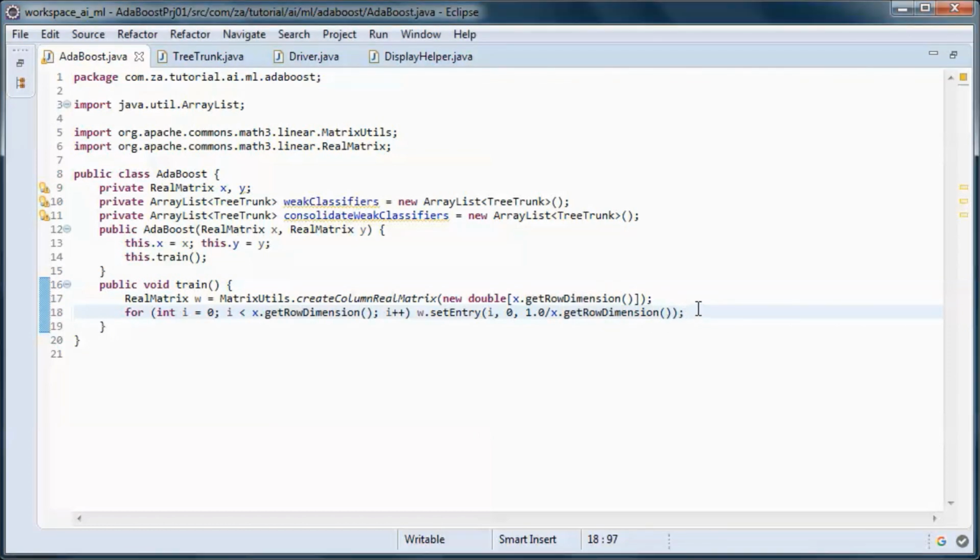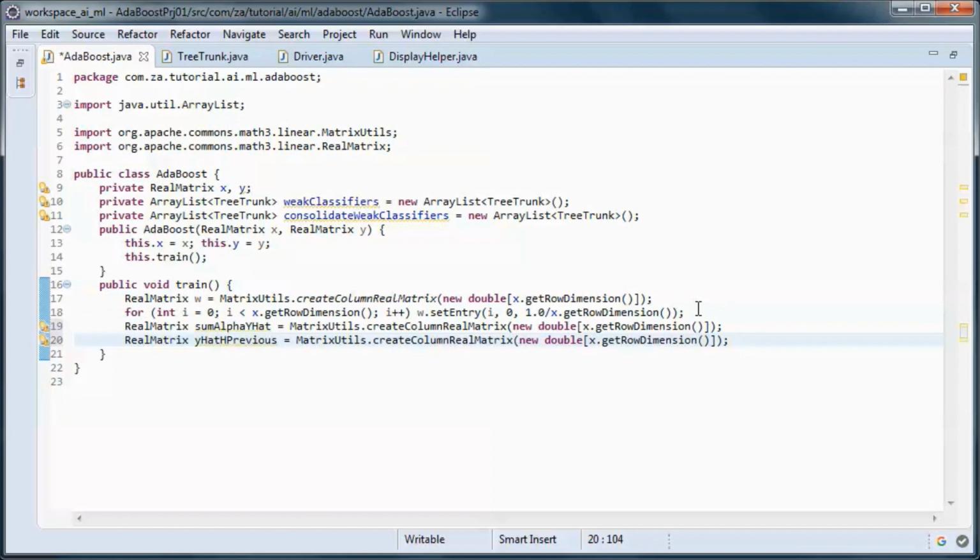And we will have those two matrices, the sum of alpha y hat and y hat previous of the overall classifier.